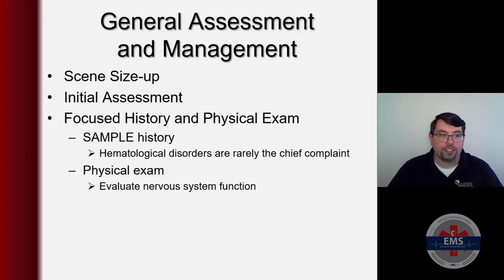Now, lastly is the nervous system. When we think about the nervous system as part of our physical exam, we always want to evaluate it first, especially if they're having a hematological problem. First, evaluate the patient's level of consciousness using the AVPU scale. Watch for things like weak and dizzy, and try to clarify any abnormal or ambiguous information from your patient as